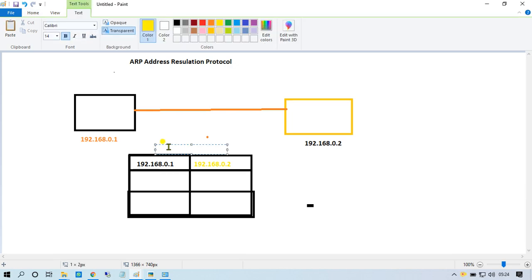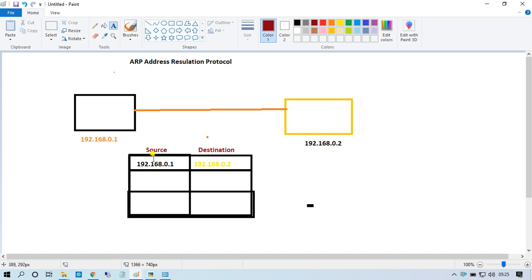This is for source, and destination. What is the name of the source? Source is 192.168.0.1 and destination is 192.168.0.2.